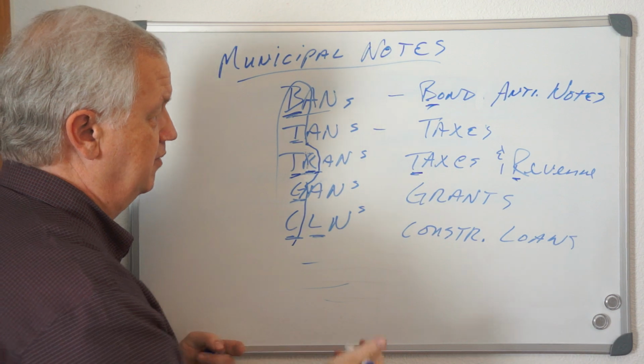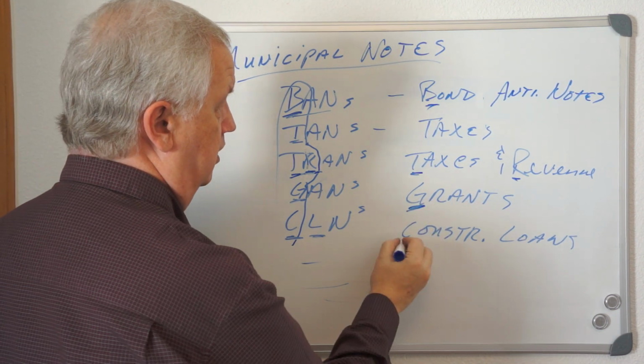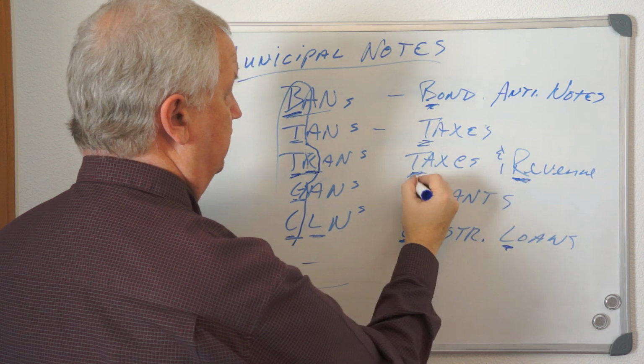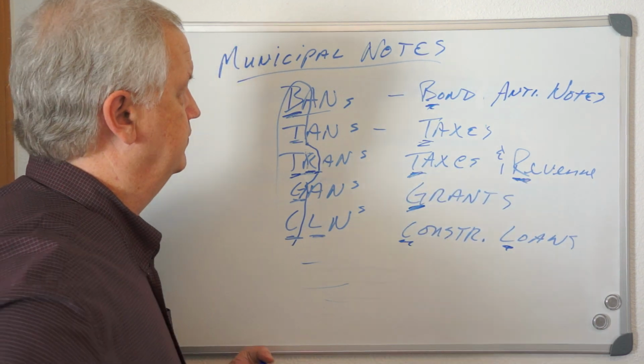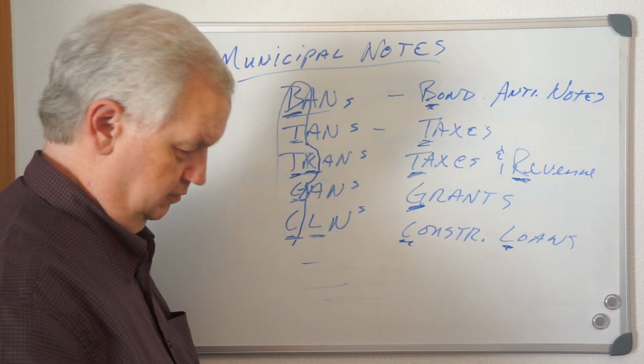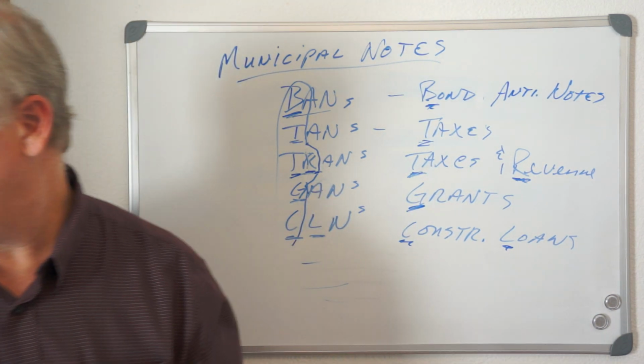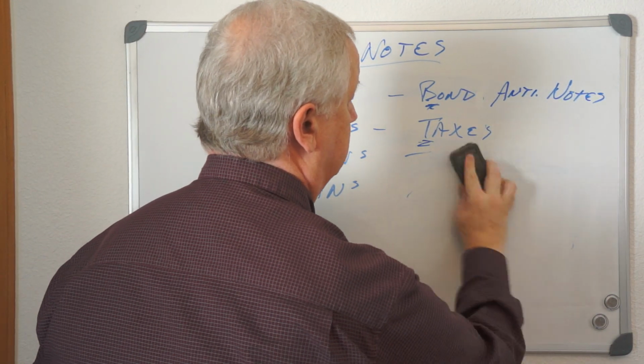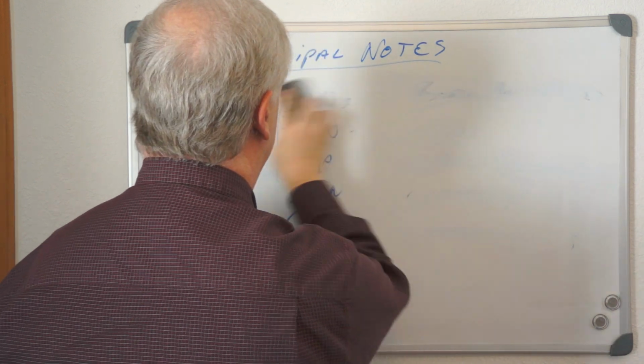How do they expect it to come in? Either from a government grant, construction loan, taxes, a bond, revenue. Pretty straightforward. Okay, those are municipal notes. 3 months to a couple years, maybe 3 years max. Okay. Now,